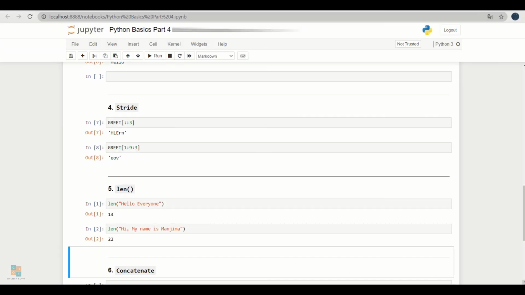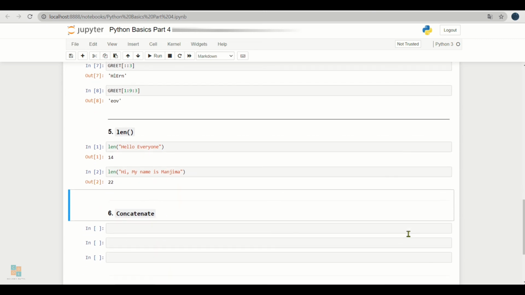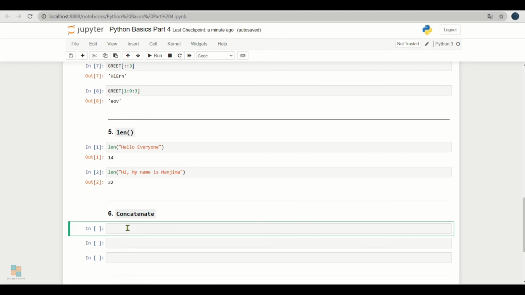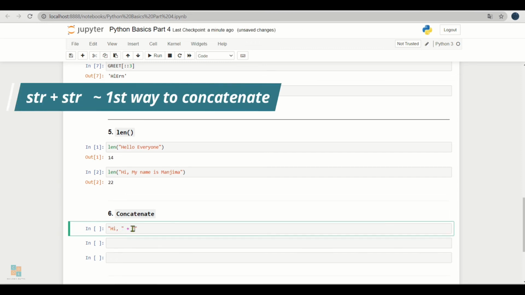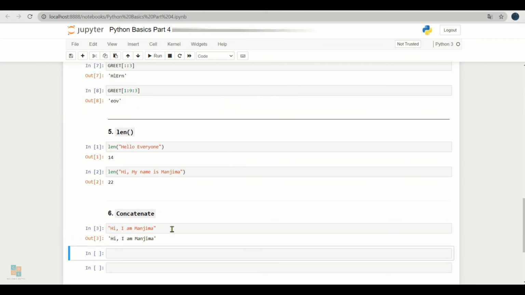Now it's time to see some further operations on strings. Say we want to put two or more strings together to form a single string. We can do this first using the string plus string command like this. And click run. And also we can do this using the variable plus string command. Here we need to first assign one string to a variable and then add it to another string value like this.